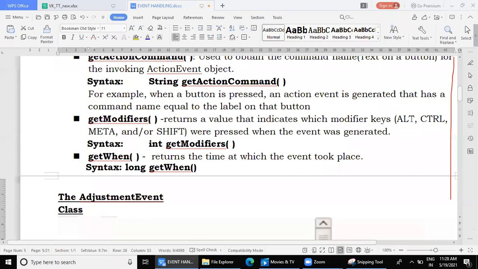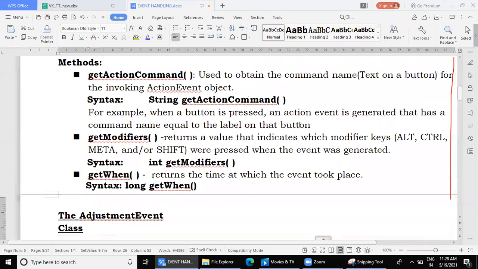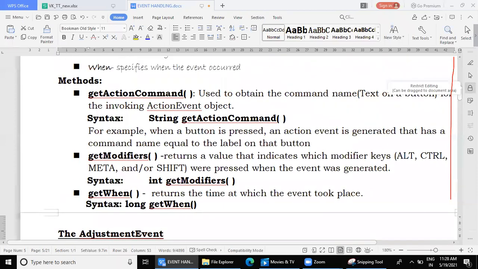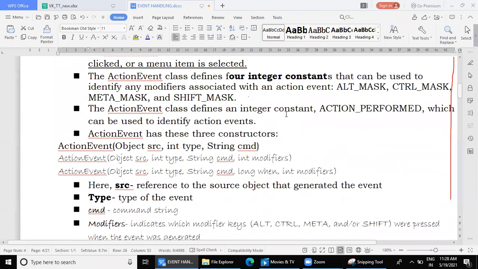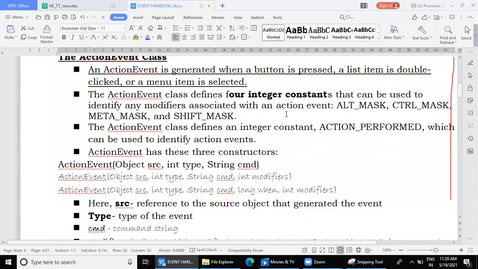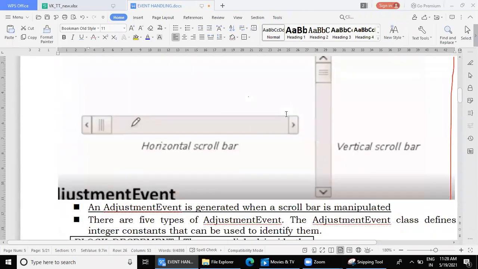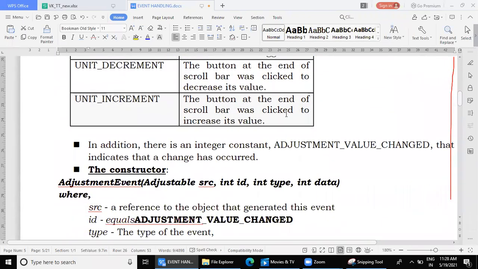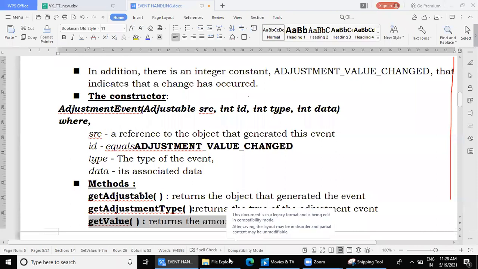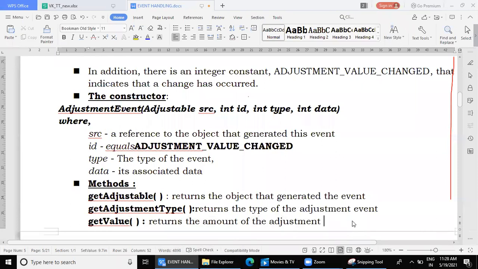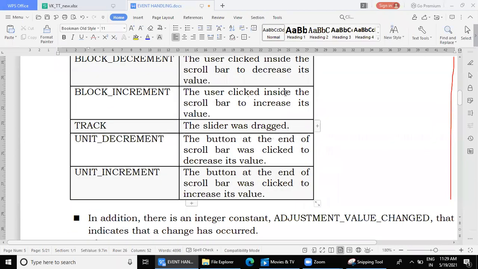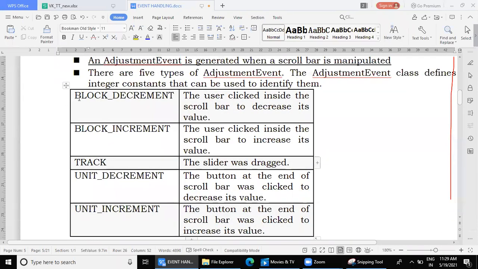They indicate the action, what happens. Whether the user has clicked on a block increment, I mean which action the user has done, that we can come to know by these constants. These constants will be returned when the user actually performs that particular event. And then, the method which will return these 4 constants, the method which will give us these values.